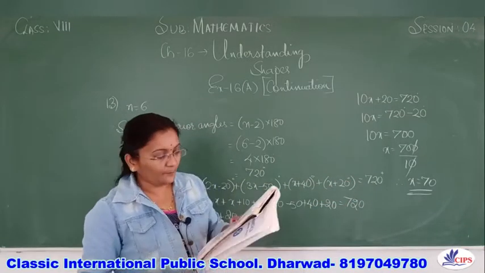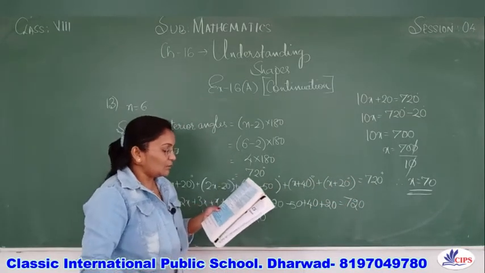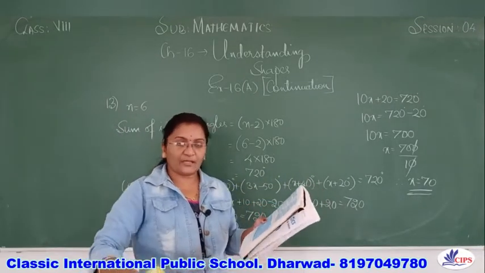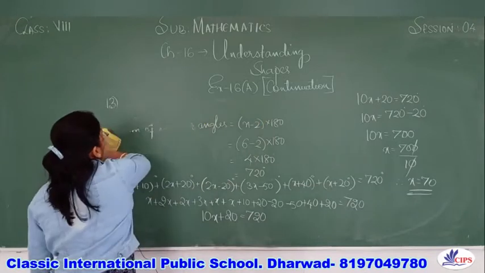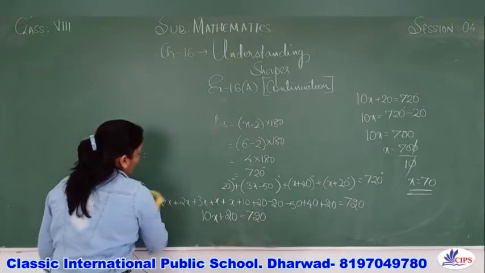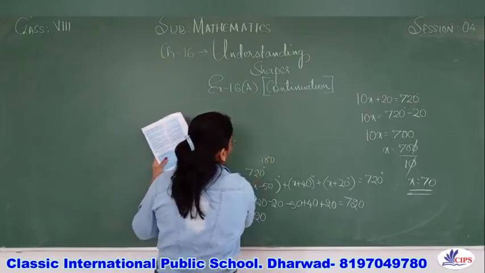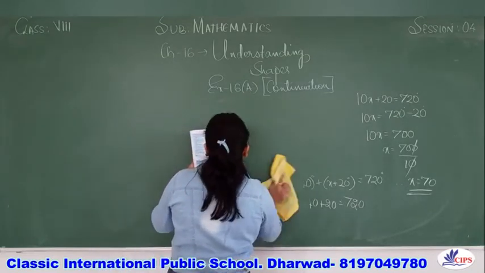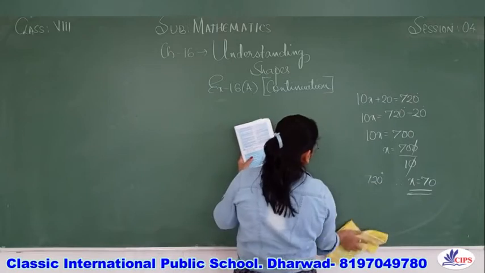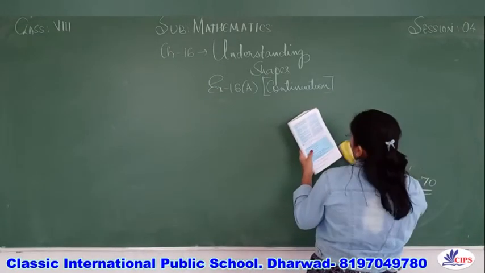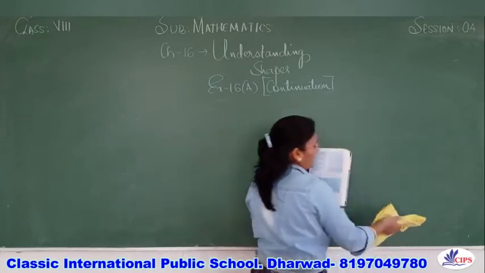See, the 14th one: in a pentagon, two angles are 40 degrees and 60 degrees. So pentagon means how many angles will it have? A pentagon has 5 angles. In that they have given the measure of 2 angles, that is 40 degrees and 60 degrees, and the rest are in the ratio 1:3:7. Find the biggest angle of the pentagon, they have told you.